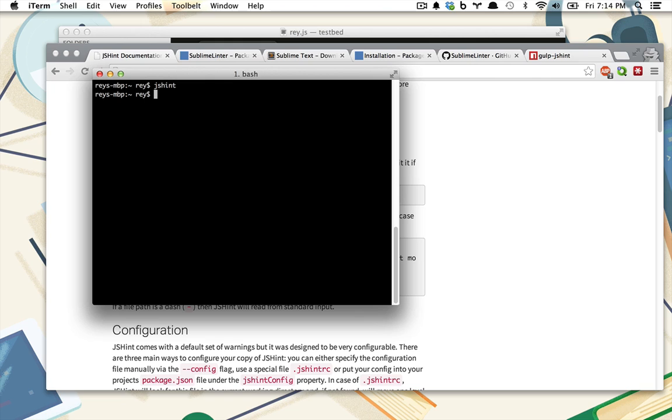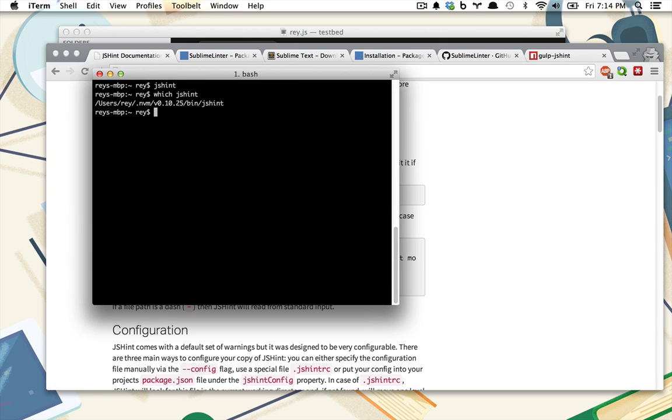I haven't done that, so really nothing's going on. But before I can get to the point where I'm actually linting these files, I need to make sure that it's accessible across the board, in all my directories. So in order to do that, what I want to do is first figure out where NVM installed this. If I go here, which JSHint, it'll give me the actual path for JSHint. So in this case, it installed it under my user folder in NVM